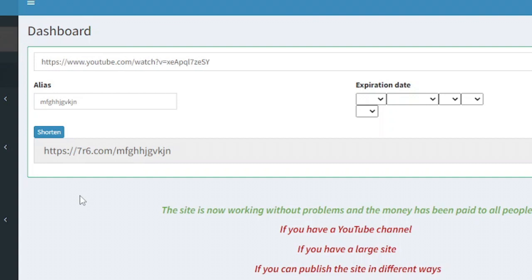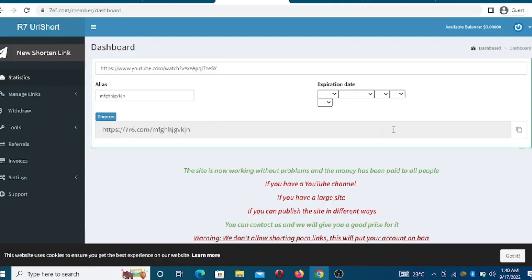Perfect. As you guys can see, this is our URL, right? This is straight to the point. Now, what you want to do, this is where the second magic happens from. What you want to do is click on copy. Once you copy your link, now make sure you go over to